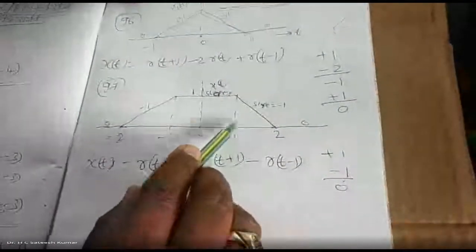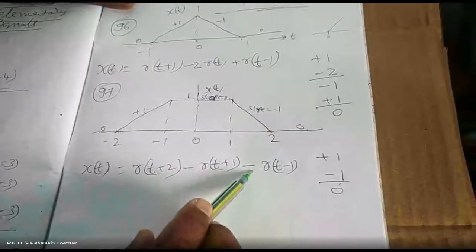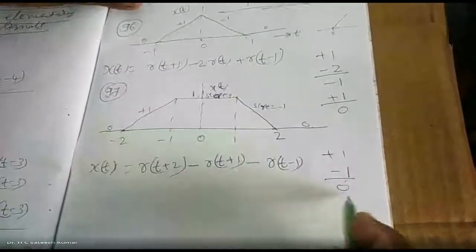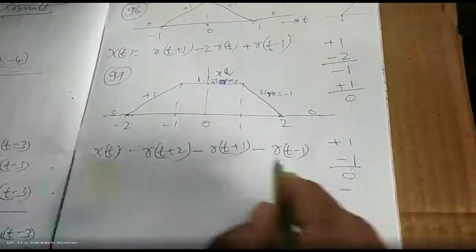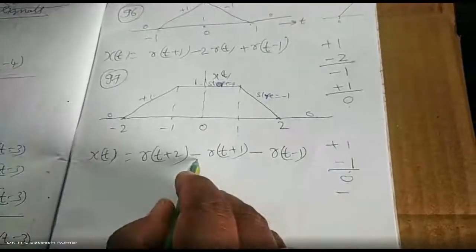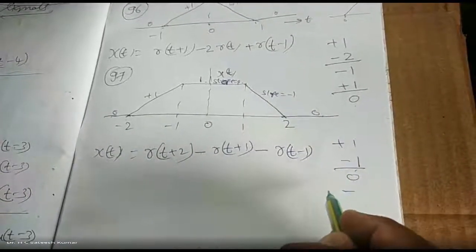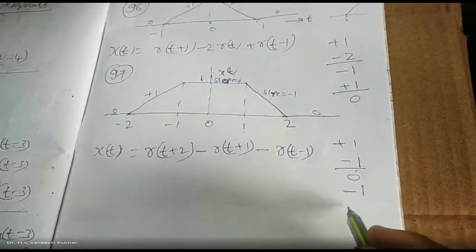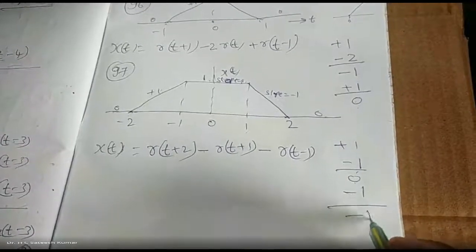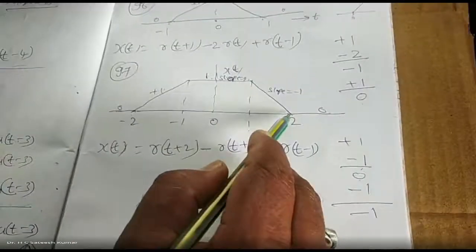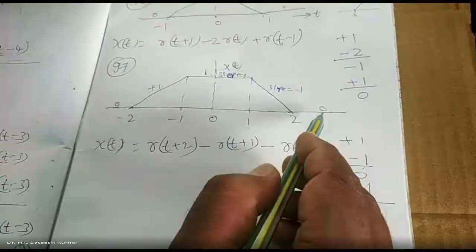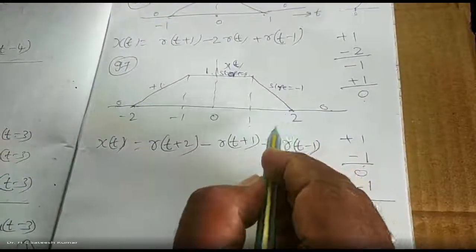Okay. From this point, the slope you will get as negative. Now I am going with the slope of negative. So what is it that I added here? For this one, I have added minus 1 slope. Now it will become minus 1. Now I am going with the slope of minus 1. I want a slope of 0. So what should you do?